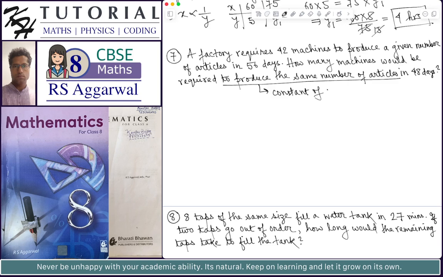Constant amount of work done by a certain number of machines. This is similar to men, work and time. Instead of men, in this problem, we are having machines. So a certain number of machines is doing the same work, which is to produce the same number of articles, and it is taking a certain time, that is a certain number of days. So if we say that the data quantity x represents the number of machines,